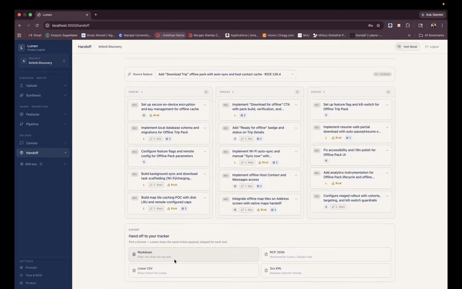Now, what is this? The whole product goes from sign up to dev-ready tickets: raw files in, and export sprints out. A week of work done in a few minutes. And yeah, that's Lumen for you